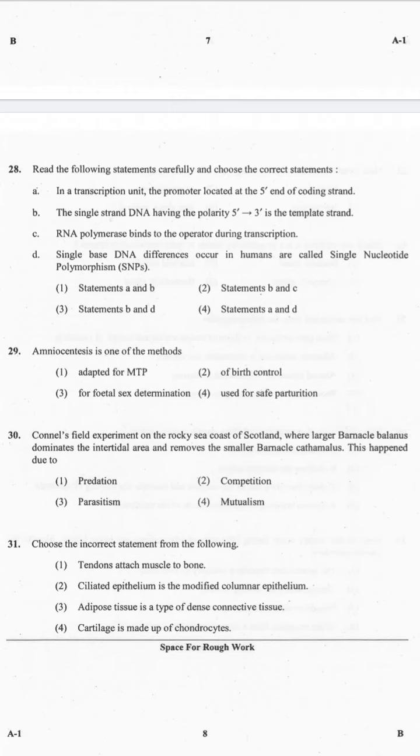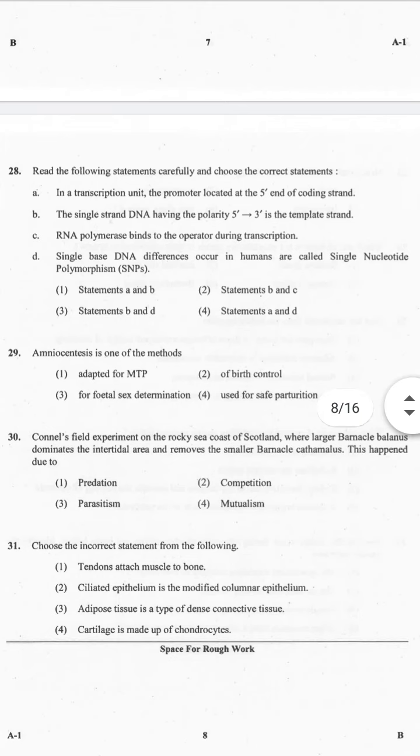Let's see the explanation. Amniocentesis is a medical term used when doctors remove fluid from the uterus of a pregnant woman for testing. The fluid withdrawn is called amniotic fluid, which contains fetal cells and different chemicals from the baby. MTP is the medical termination of pregnancy, which is an abortion of the fetus through sex determination by amniocentesis, but not permitted by law because of its misuse. So hope you understood. Now let's go to the next question.